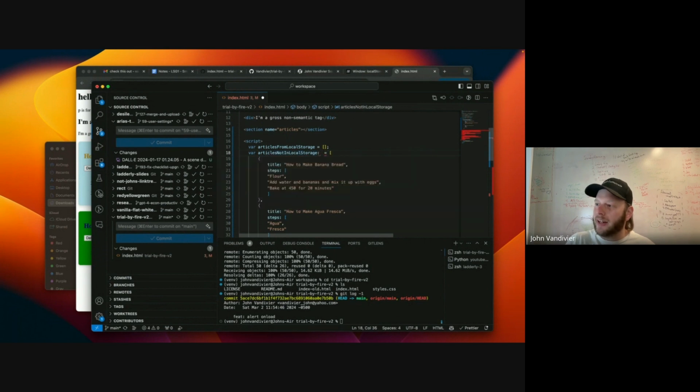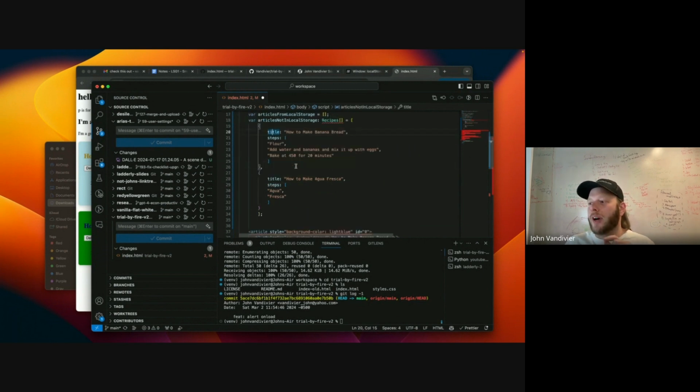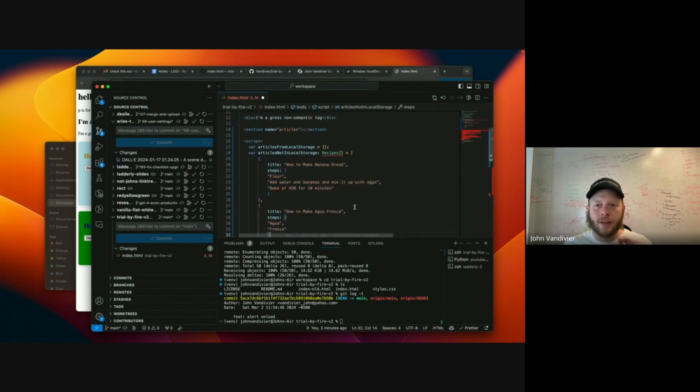So I could say, recipes. This is a list of recipes. That is the type of list that this is. Does that make sense? Now, it gives me an error, and that's because you can only use type annotation in a TypeScript file. We're not in a TypeScript file, so I can't do that.